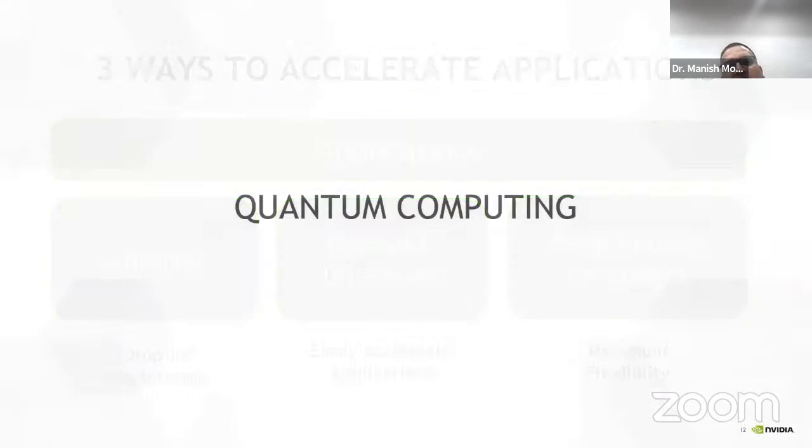But most applications now are already accelerated on GPU. If you have any application you are working on and want to use a GPU, just go to the NVIDIA web page. There you check, and you may find that the application is already accelerated. You can use it for your day-to-day purposes, right? That is the accelerated computing that is being used in every domain, be it AI, ML, DL, whatever you say, or HPC. Everywhere it is being used.